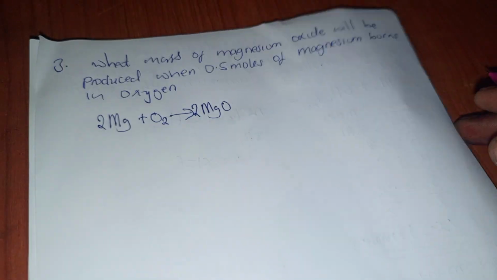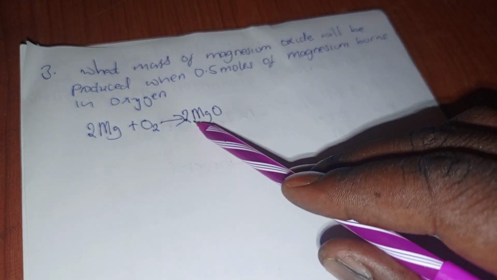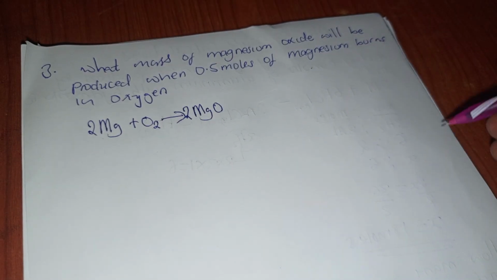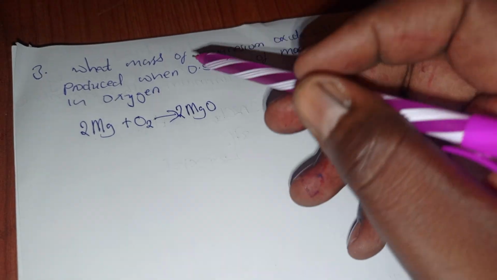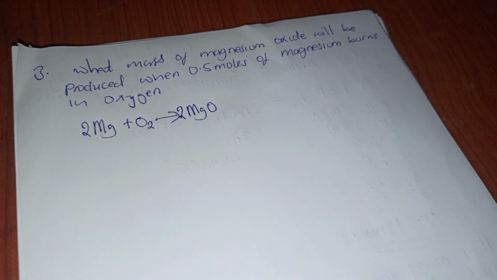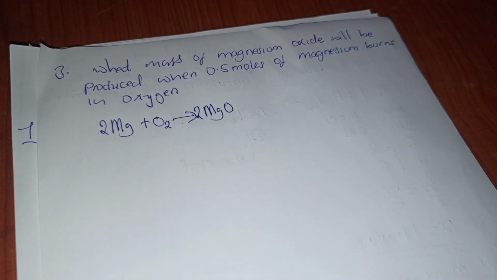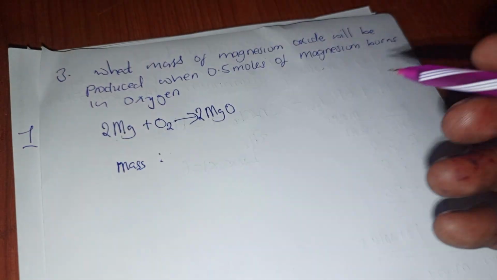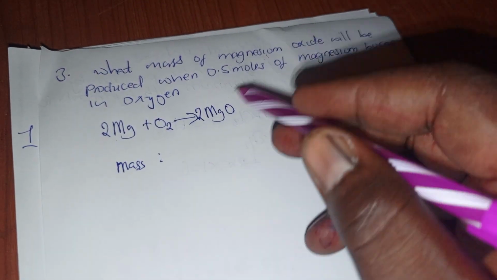Okay, like this. We have 2 magnesium here, 2 magnesium, oxygen 2, so it's balanced now. Then from here, they're asking what mass of magnesium oxide. So we're looking for mass, so I'm going to write a mass here. They want the mass of this one, which is magnesium